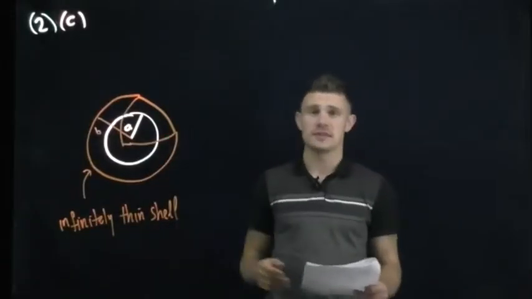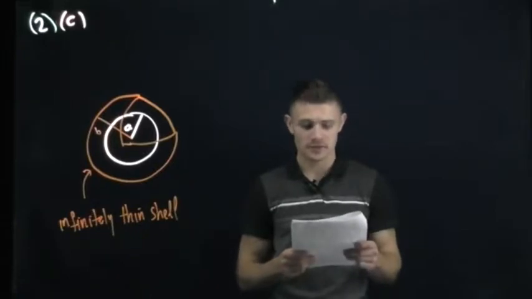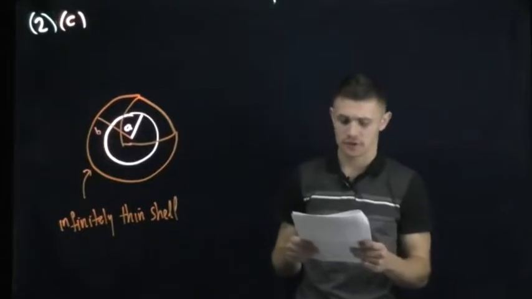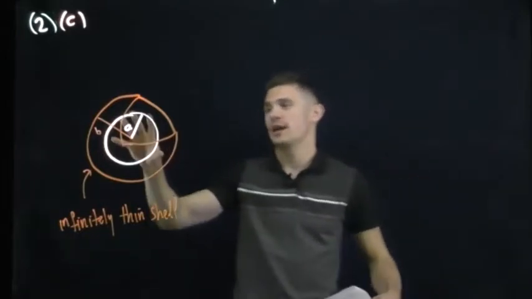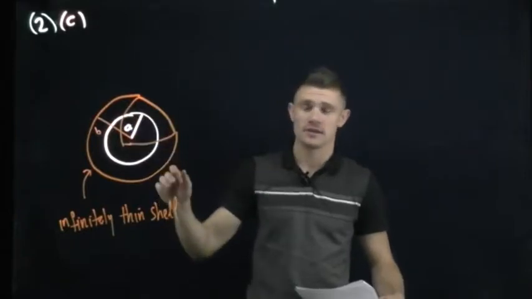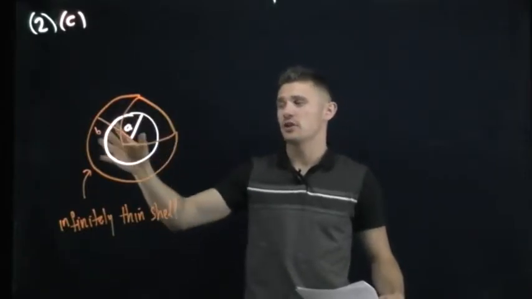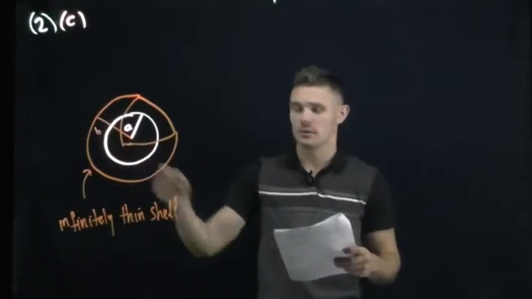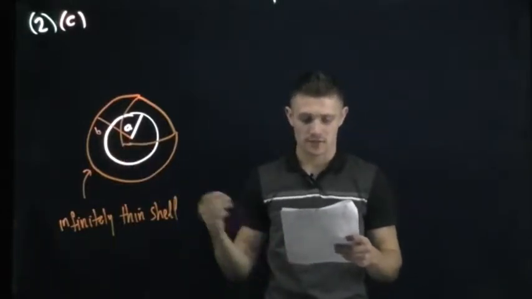So for part 2c, we see that you can make E equal to 0 for r greater than b by adding a very thin, infinitely thin, spherical shell of charge at radius b. So here we have our initial charge distribution with the spherical sphere of charge, radius a. We put an infinitely thin shell of charge at radius b. That has the opposite charge to that of the inside in order to cancel and make the electric field equal